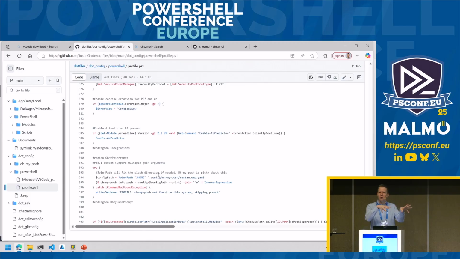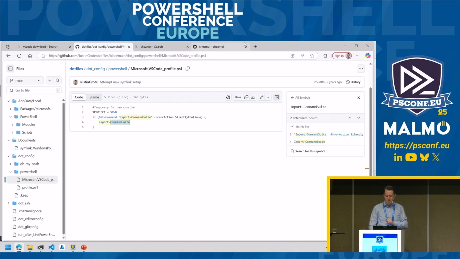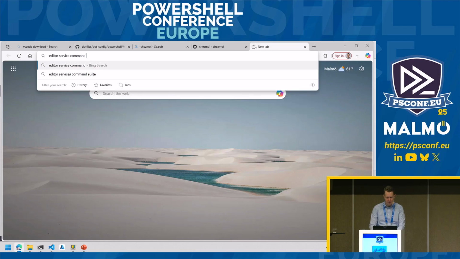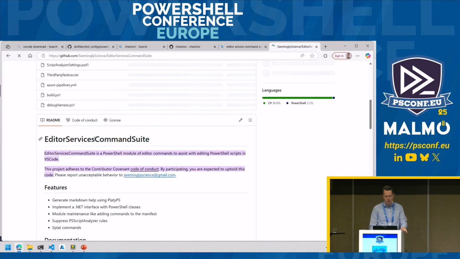So you can have that, and that profile stuff all works in VS Code the same way that it works in your regular session. So in addition to your default profile, VS Code has its own special profile for setting things up. And typically, I don't recommend you put anything in here unless it's something that's VS Code specific. The one thing that I have in here is this thing called Import Command Suite. This is a tool called Editor Services Command Suite. This is made by Patrick Meinecke, or SeeminglyScience, as you might know him, who is also on the PowerShell team, a brilliant guy